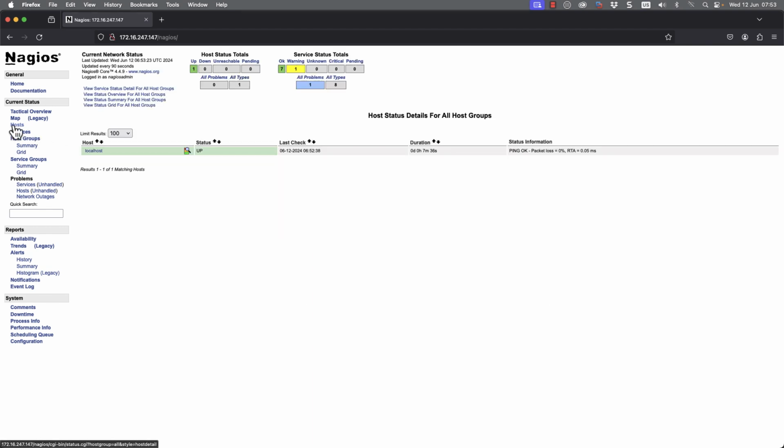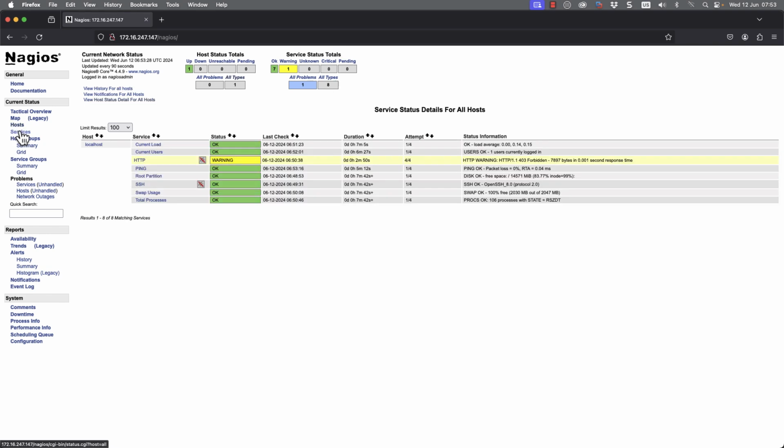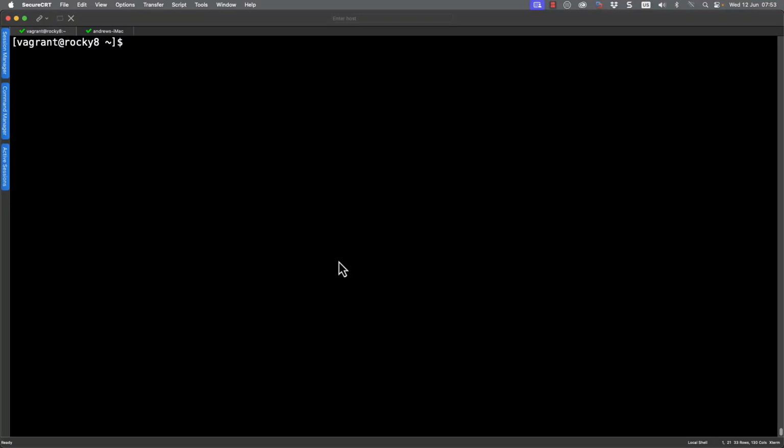We can go through to our hosts, and we can see that we've got one host, but one of those hosts has got a warning. Moving down to our services, we can see that the warning is on HTTP. And when we look at that, the status information is saying that we're getting a forbidden. Well, this might seem strange because we're already seeing that we can access the website and we didn't see the forbidden. But there's a little bit of hidden information that goes on with your website.